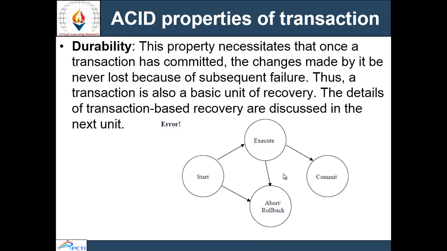And a transaction is also a basic unit of recovery, and the details of transaction-based recovery can be used for recovering the transaction from any such kind of failure. It states that the database should be able to roll back or recover in any case of failure, either updating all the data items or none of them.